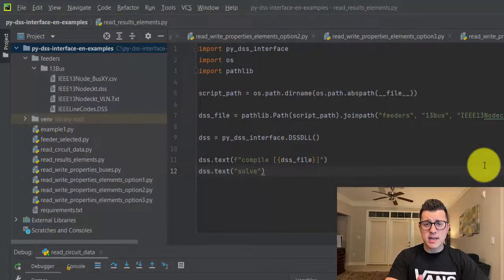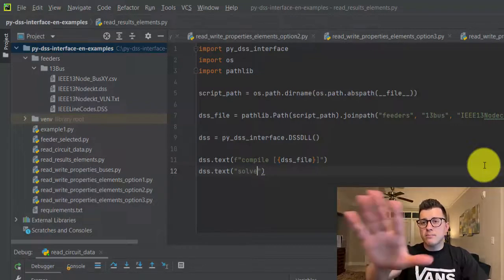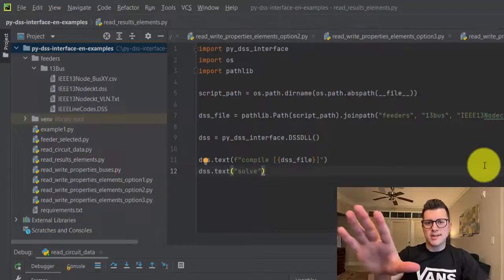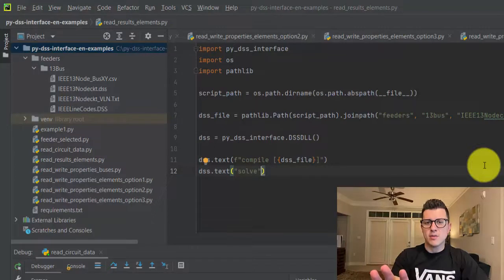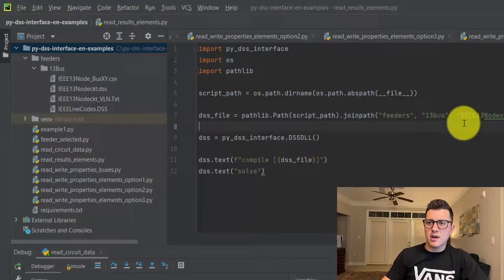Let's say you have a time series simulation, 24 hours for instance. Everything we'll see here will be related to the last hour, right? So if you want to know more about it, I have a basic OpenDSS tutorial in English that you can watch. I'll leave here the card so you can have a better understanding of what I mean here. Well, let's say solve, even though in my file I saw that I have the solve command there, but just to make sure, if you want to change your feeder, I will be performing the solve command for you. Okay,